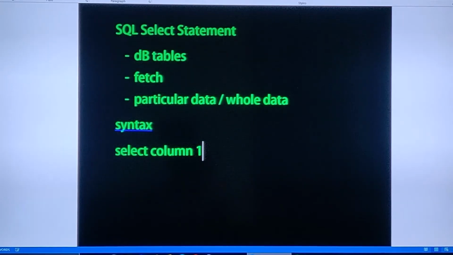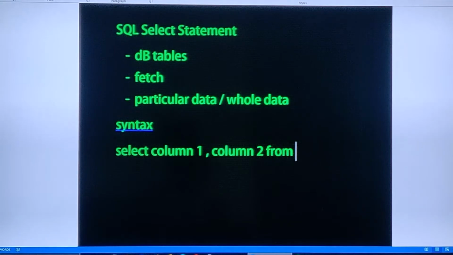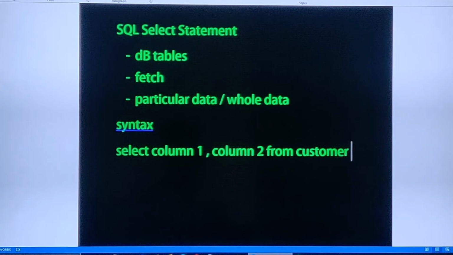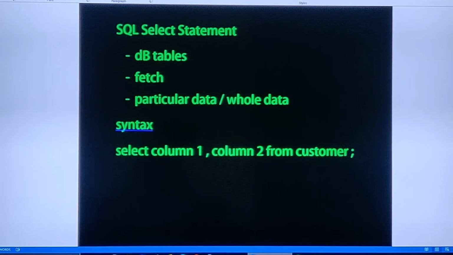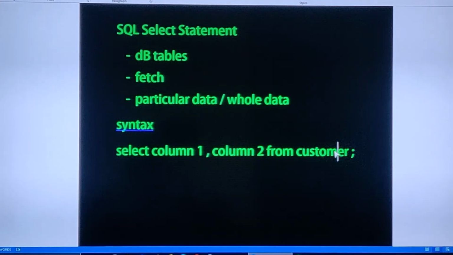Say I'll mention column 1 and column 2. From where? From, say, a customer table: from customer. So if you want to select any particular data, we have to use this syntax: select the particular column names from the table name. Here I am going to use the customer table. So I have just put the syntax like this.